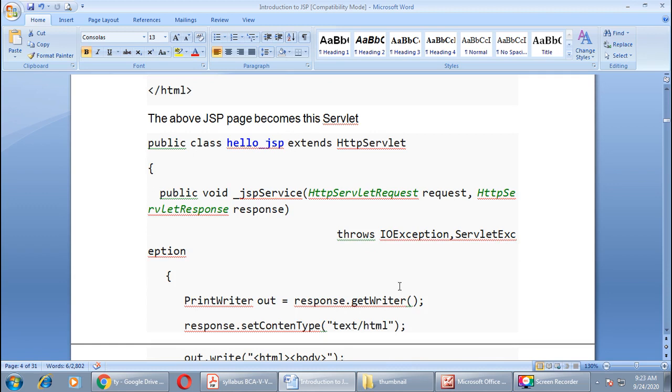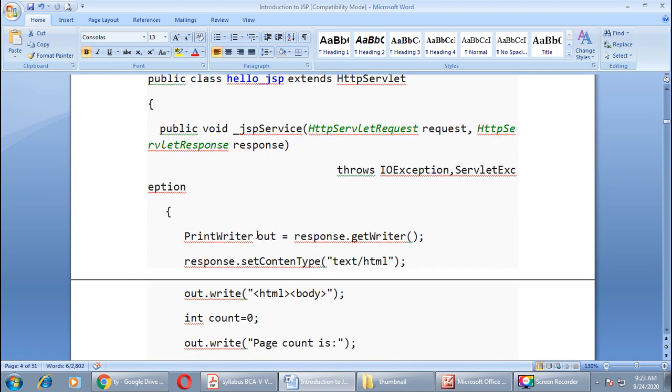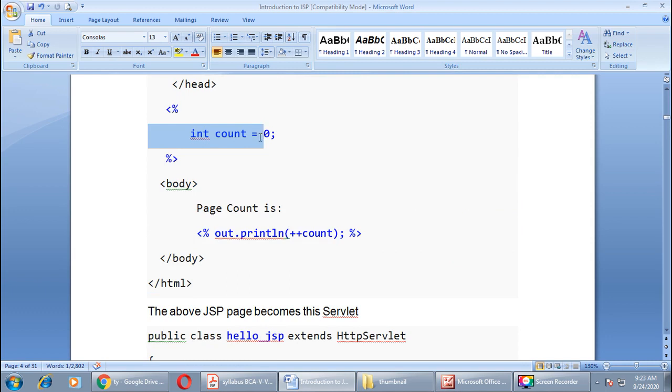As you can see the equal of this file, see print writer out. As you know that out is an object of print writer class. Okay, then response.set content type text/HTML, out.write HTML body tag begin. Then here what we have done, integer count variable, one variable is set, right, of type integer, and it is initialized with 0.